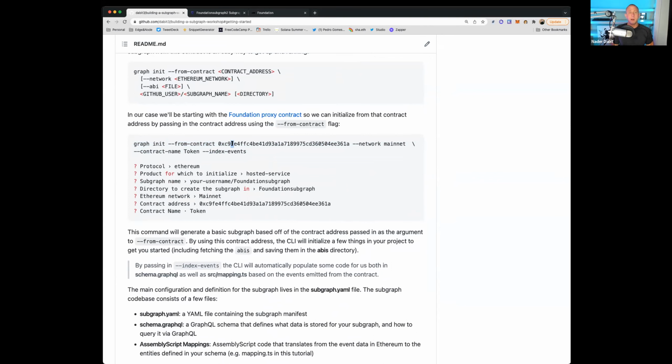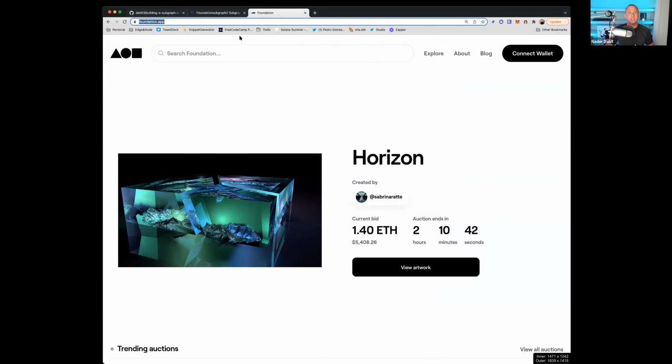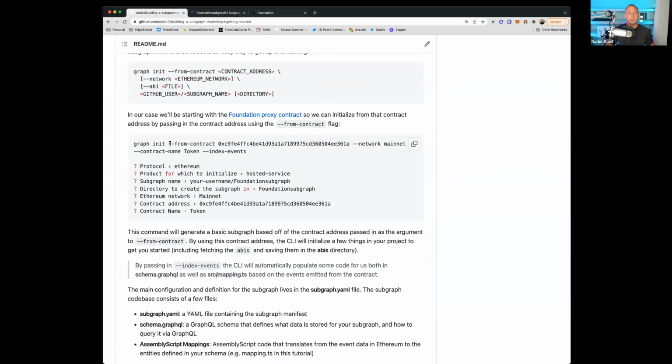So the first thing we want to pass in is the from contract. This is going to be the foundation smart contract address. So we say --from-contract, passing in the address. We want to pass in the network because there are dozens of networks that we support on Ethereum virtual machine. So we support Polygon, Avalanche, Celo, Arbitrum, Optimism, all these different networks.